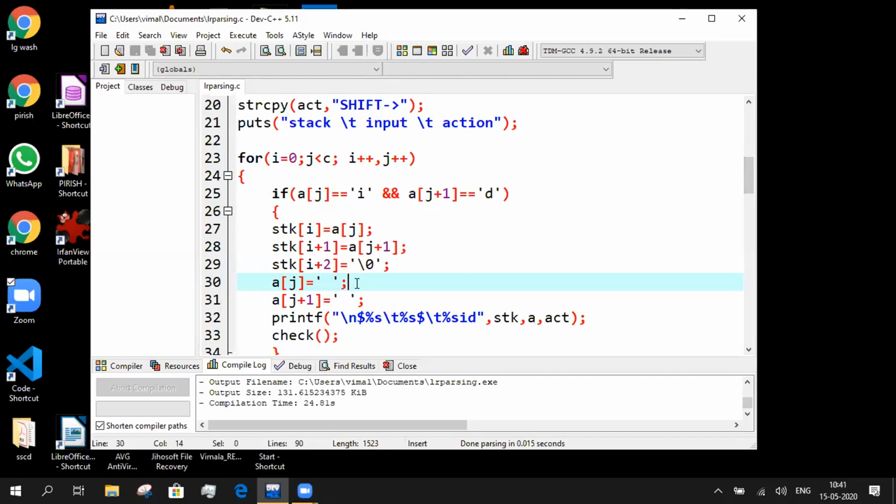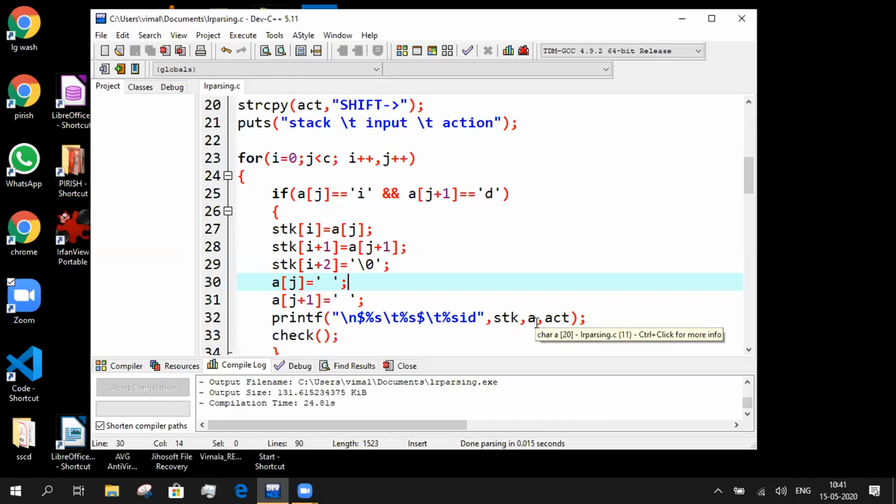Then afterwards, what are we doing here? a[j] and a[j+1]. a is the input tape, right? Once I and D are shifted from the input tape to the stack, you are removing those characters from the input tape. So you are making it null, right? Afterwards, you are printing the content of the stack.